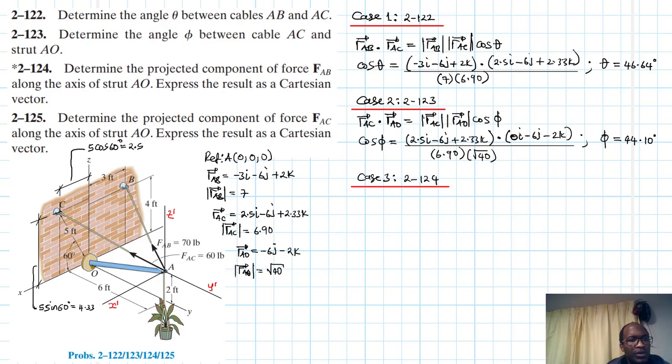So we need the unit vector AO. Unit vector AO is just going to be equal to minus 6j